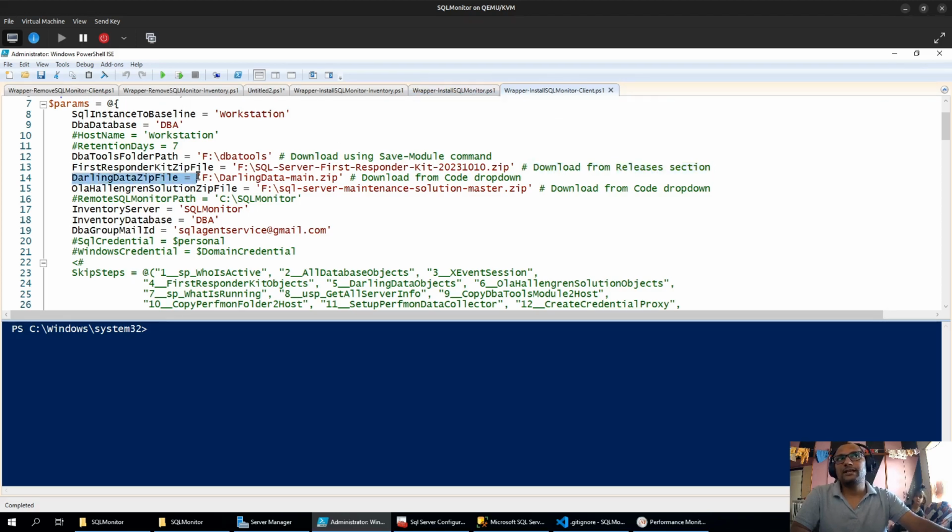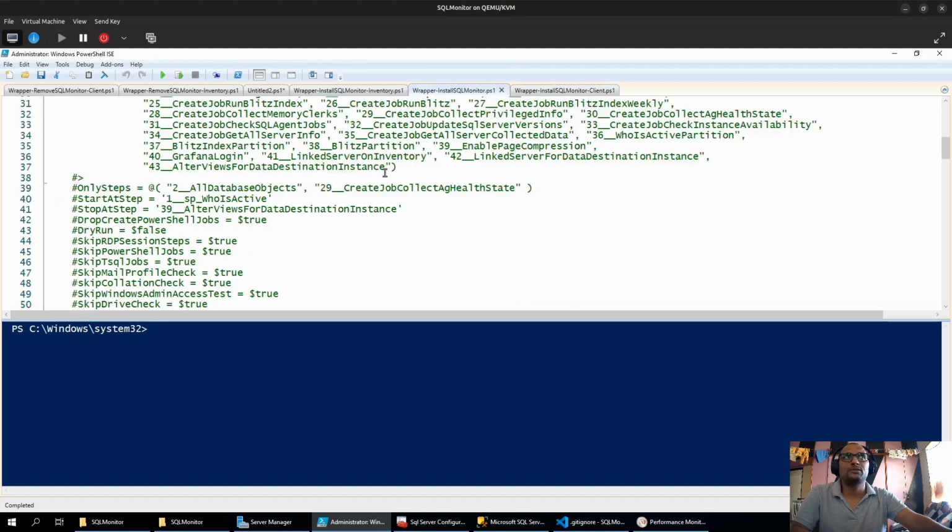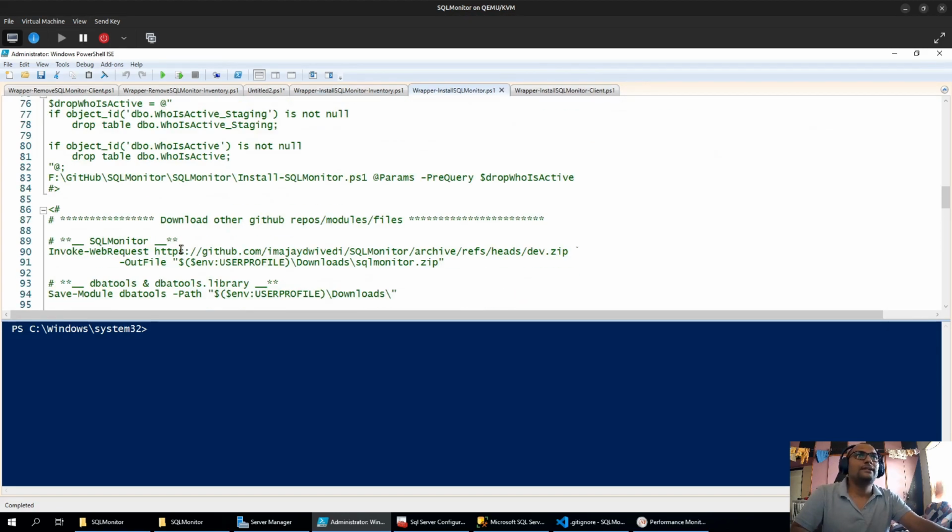Same goes for Darling Data. You have to download the Darling Data from the code's drop down section, and Ola Hallengren maintenance solution also from the code's download section. But I still have provided the commands for doing all these things at the bottom in the wrapper script. So if you go to the wrapper script and scroll at the bottom, you will see